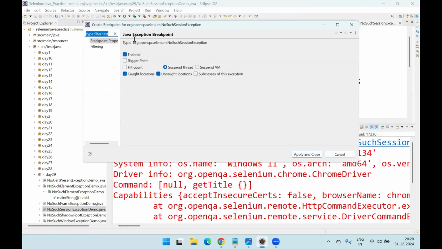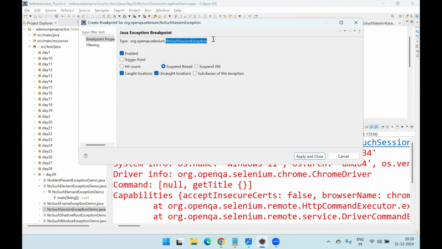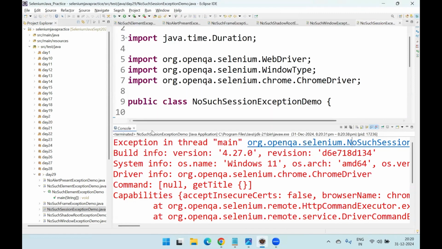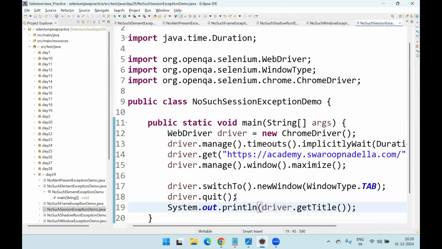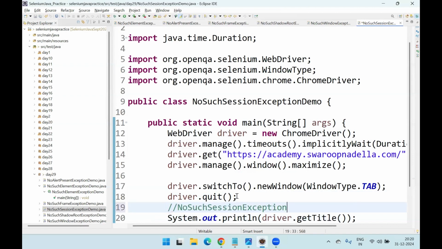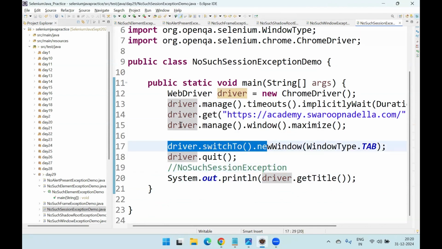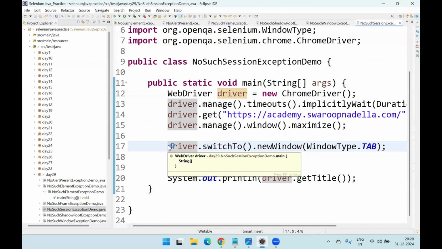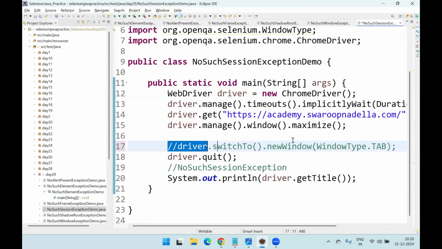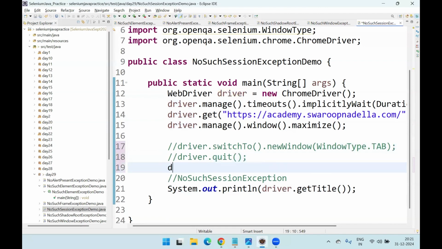So no such session exception is getting thrown in this case. After quitting the browser, if you try this, this problem will happen. This problem you can also reproduce with a single window. Currently we have two windows, but in case of a single window, it will be the same problem. So I am not opening the second window and I am not using driver.quit. I am using driver.close. So whenever we use driver.close on a single window, again the session ID will become